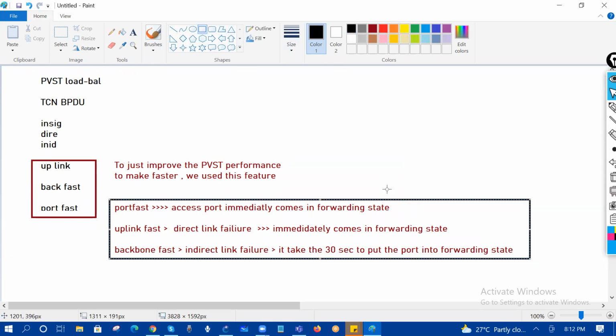And I'm not telling you this is bad, right? But guys, try to understand. Still we have a 30-second delay over there in backbone fast. But do you know one thing about port fast, uplink fast, and backbone fast? The common thing about these, if you see the common thing,